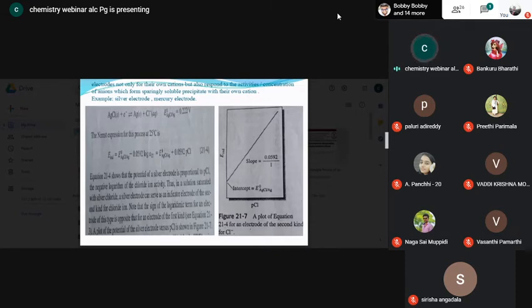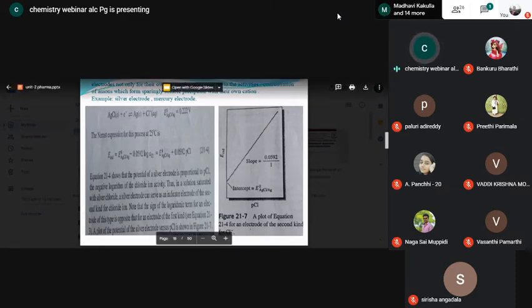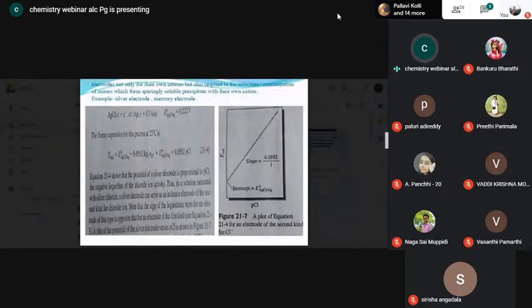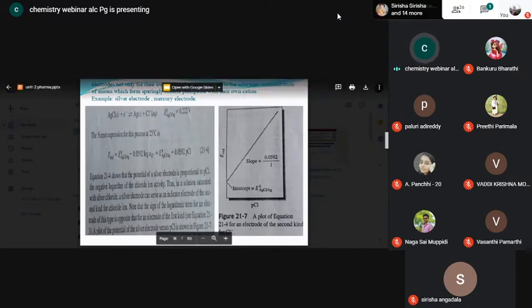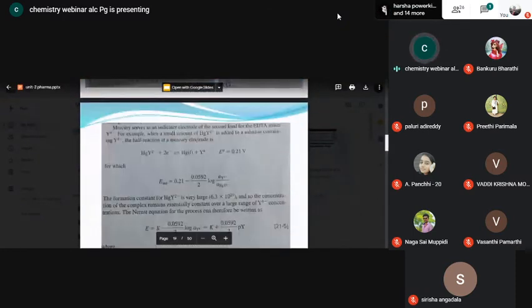When you reach a stage near the equivalence point, the concentration of chloride ions will be very high. Is it clear? As a result, the electrode here is forced to develop a potential. Is forced. You make a note of the point. It is forced to develop the potential equivalent to the concentration of chloride ions, but not to the concentration of the silver ions. Is it clear? So that is the reason why we have obtained a positive slope. In this case, when we have plotted a graph with reference to the indicator electrodes having one behavior, type 2 behavior. Is it clear?